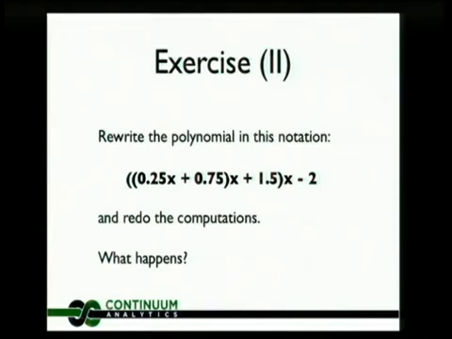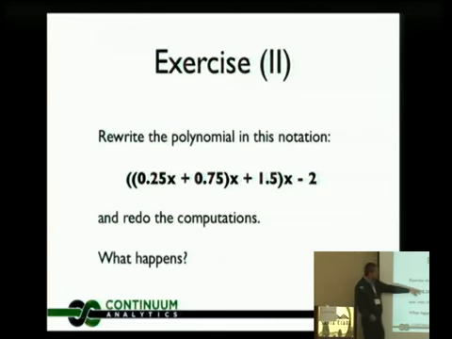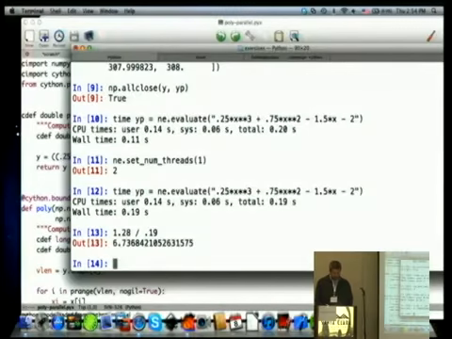So, well, let's continue. If the power takes so long, let's avoid our power operations and we can rewrite our polynomial in this form. Okay? This is called the factorized form of a polynomial. We don't have any power call here. So if we rewrite our polynomial in this form and redo our computations,